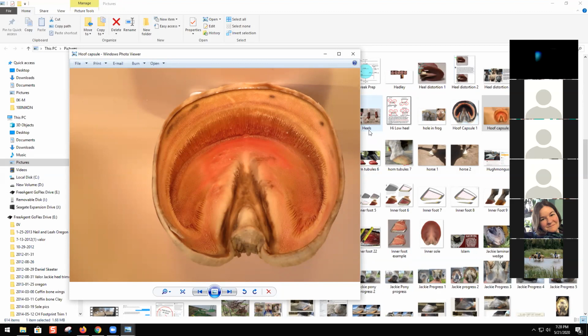Not rasping off the outer hoof wall. But we have to a little bit, just at the bottom where it meets the sole. Yeah, that's different, the bottom edges and stuff like that. But for the most part, when we're talking about dressing down the wall, they're going up to a half, even more sometimes, up the wall. And they would take,